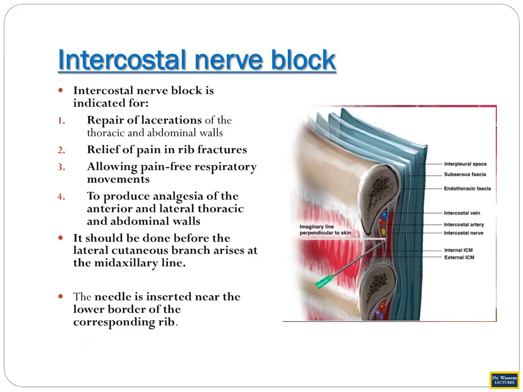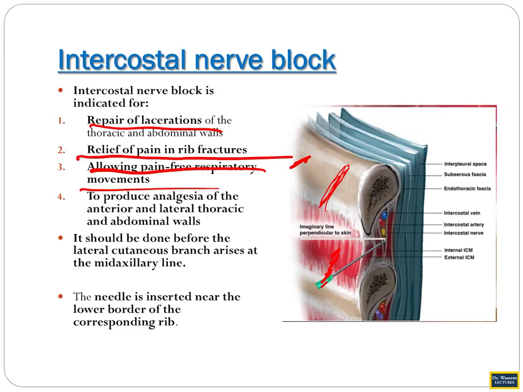What are the usual indications for intercostal nerve block? Repair of a laceration, because if you have a laceration and want to give some stitches, you have to desensitize, anesthetize the skin in that area. If there is a rib fracture, during respiration you will feel pain. In a rib fracture the periosteum is broken, the periosteum has a breach, so you have pain, and the periosteum is supplied by intercostal nerves. To minimize your pain, we will try that the pain should not be conducted towards the spinal cord, so we will desensitize them. So relief of the pain in rib fractures, allowing pain-free respiratory movements, or